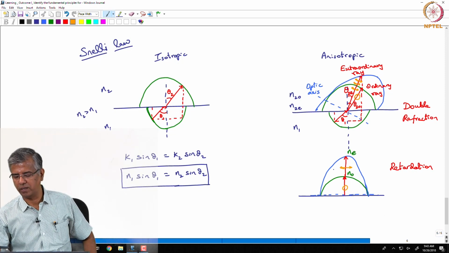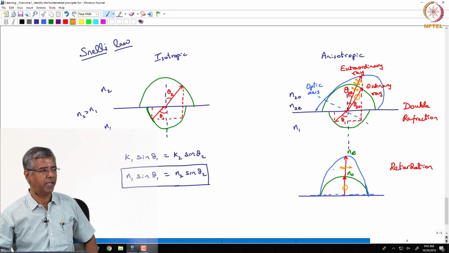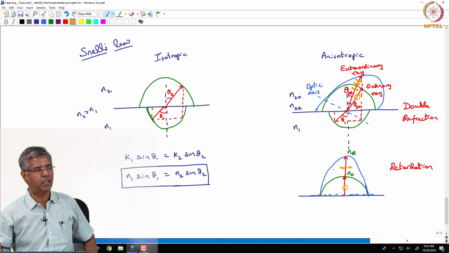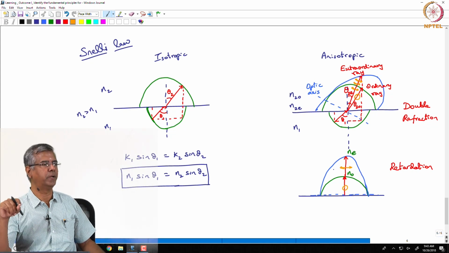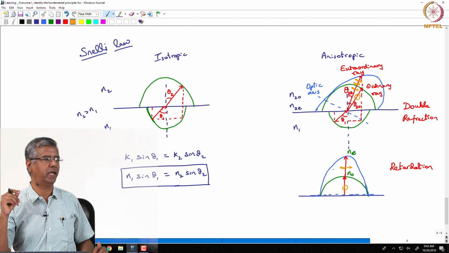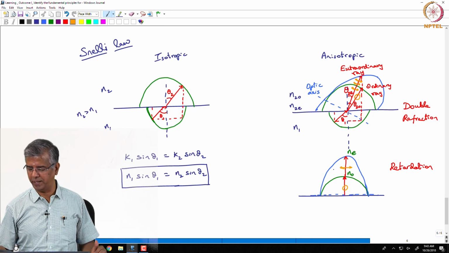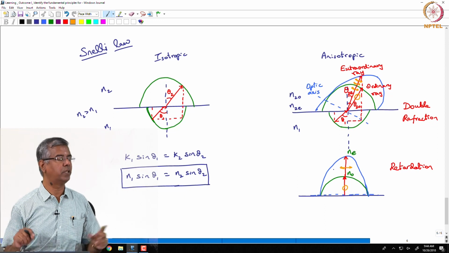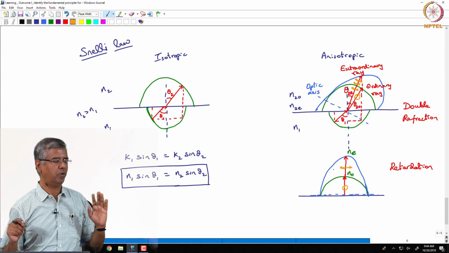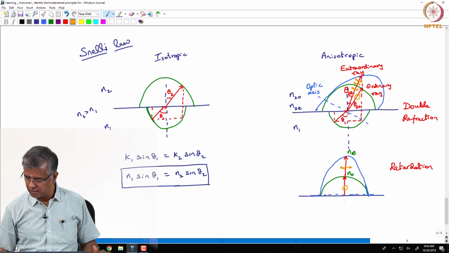If you have oblique incidence, you have to go back to this picture and ask where the tangential components, where the momentum matching happens, and you draw that line. You will actually find that it corresponds to two different points at which they meet. So, you will have double refraction for the case of oblique incidence. But in the case of normal incidence,